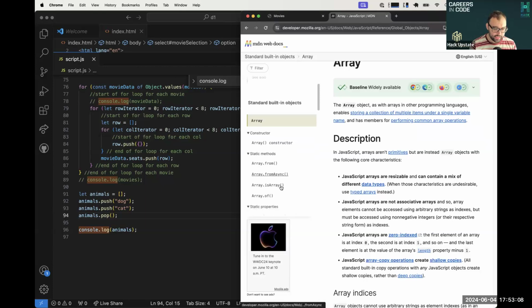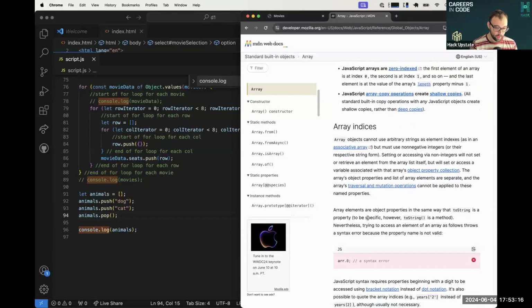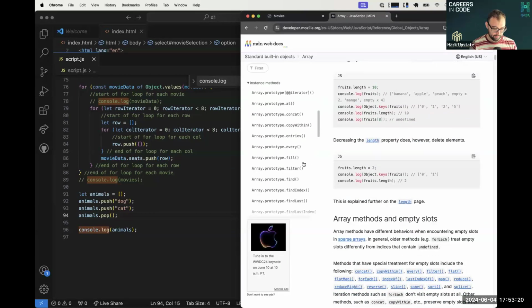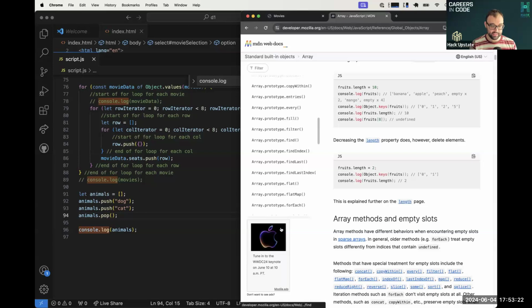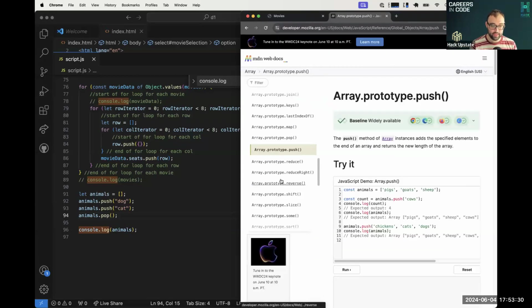Oh, dot includes is one that is really helpful that you use a lot, right? Does this array include a dog in it? You can see there's a whole list in here of dot find, dot push, which we were just in, right? And if you click into it, you'll see the definition of it. So you don't need to get too far